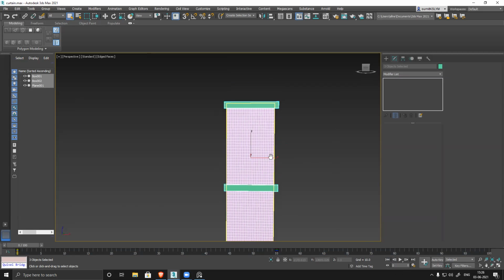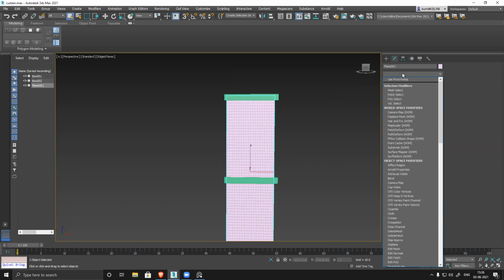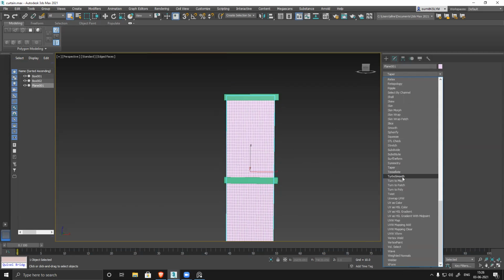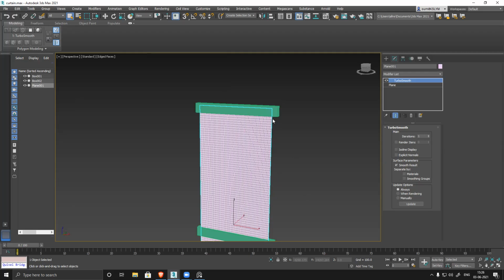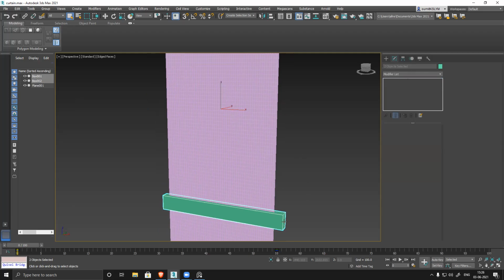So there are two reasons, and two things we can do here. One thing, we can increase the poly count here. I can apply a turbo smooth for this. Because in cloth simulation, the more polygons you have, the better it acts, but it will take more time to simulate. And one more thing you can do, select this one.